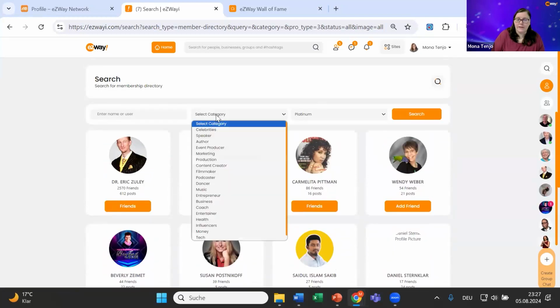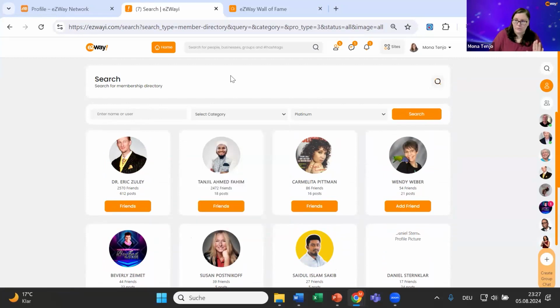You can also search by category, right? Are you looking for somebody in the marketing field, or are you looking for podcasters? Are you looking for business owners? So here you can go through and search, okay, who's in that category? Show me the people, right? Even if you don't know their name. Now, if you're obviously in the pitch party, you want to look for people's names, okay? And then you can find them very quickly and connect with them here.